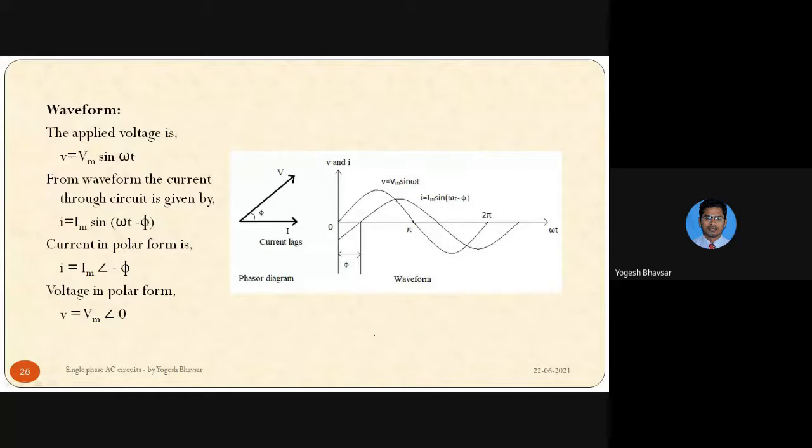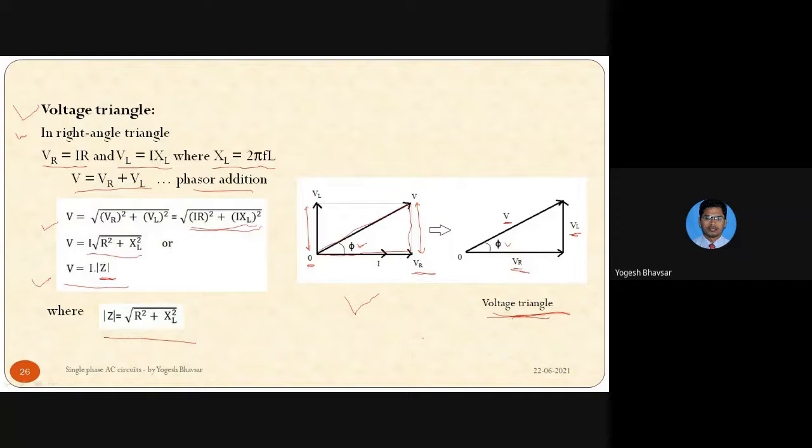The next thing is the waveform for the series RL circuit. Now, very simple. We know that we have already drawn the phasor diagram for this. Look at that. This is the phasor diagram. Now from this complete phasor diagram, we can keep only the resultant voltage V and the current I. So this becomes the actual phasor diagram. If you want to draw only the phasor diagram for resultant voltage and current, then we can have only this one. And here is the angle phi.